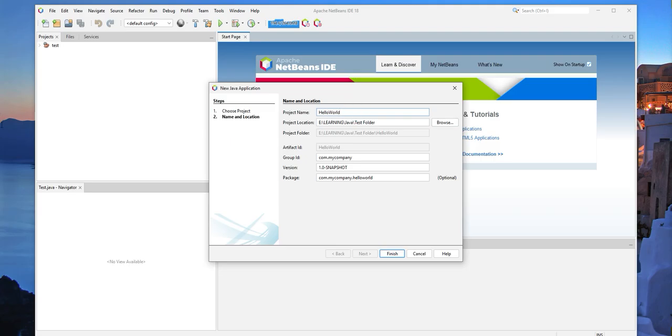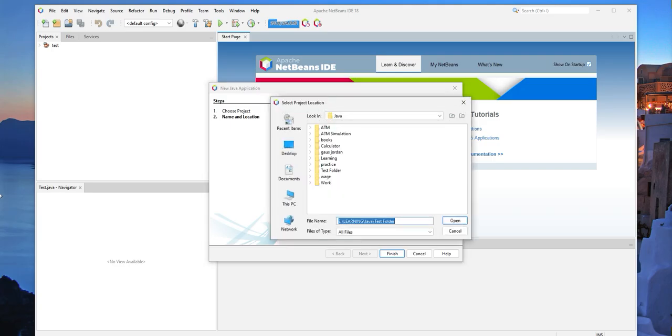And then I'm going to browse the folder that I want to keep it in, but bear in mind that I already have a project named hello world inside that very folder. So you either create a different folder or you create a different name for it. Here I want to save this in the same folder, so I'm going to name this hello world 2, so that it differentiates the name from the other ones that we have created. So I'll say hello world 2, and then I'll click on the browse button, and I'll go and look for my project